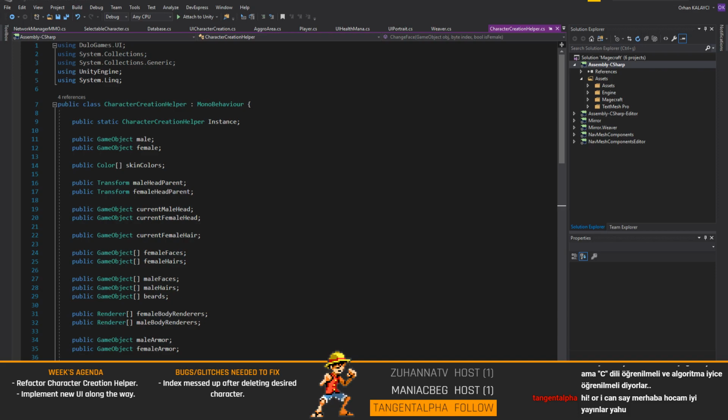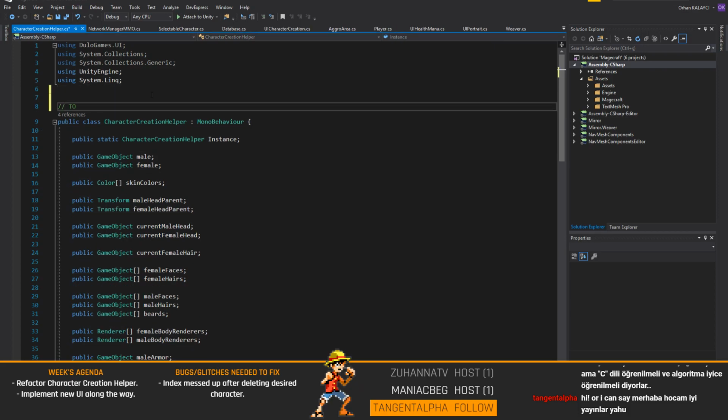I think I'm gonna take tomorrow off, or maybe I can stream during the day 5-6 hours just to refactor this, make it into dynamic object, and there, make it so it handles dynamic game object